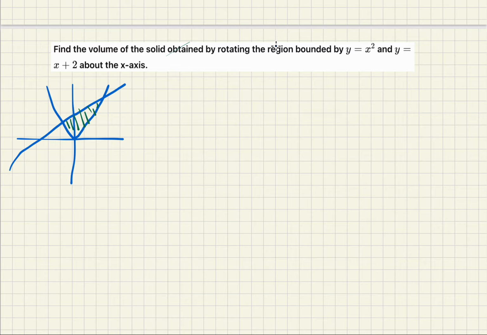And we're asked to rotate that about the x-axis, so this way. And when we rotate that, we get something along the lines of this. And it's a 3D shape, so keep in mind, this is a 3D shape. And so if you rotate that this way, we get a 3D shape. Now looking at this figure, it's a little bit hard to tell, but looking at this figure,